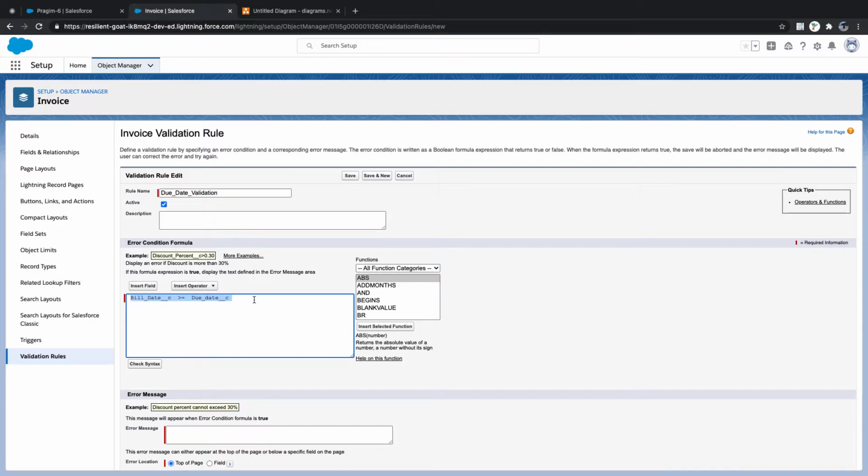It should always be like bill date. If the bill date is greater than due date, is that right data or wrong data? That's right data. But for a validation rule, you need to write for wrong data. Only when it is wrong do you throw an error, right? So if bill date is greater than due date, it's wrong data. I need to throw an error message saying that, hey, due date always should be greater than the bill date.